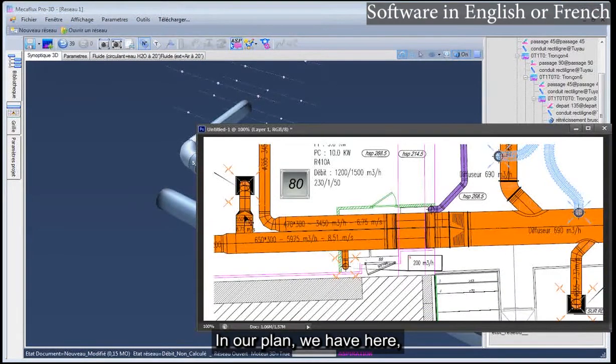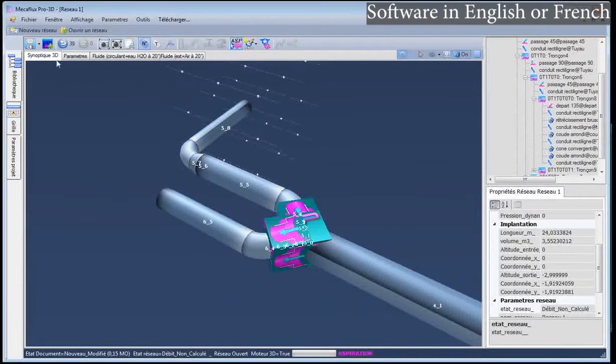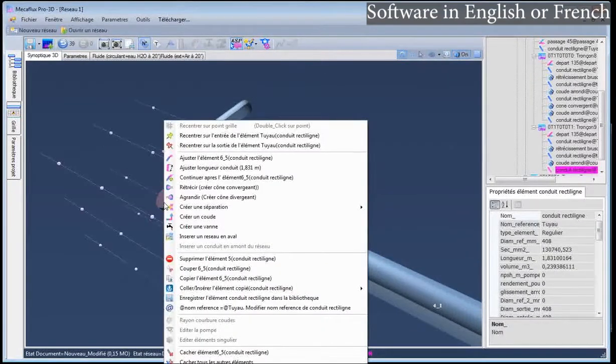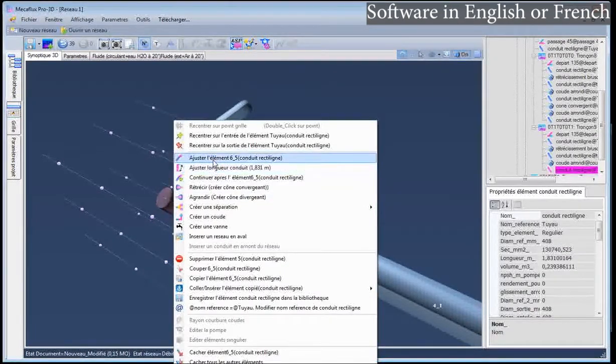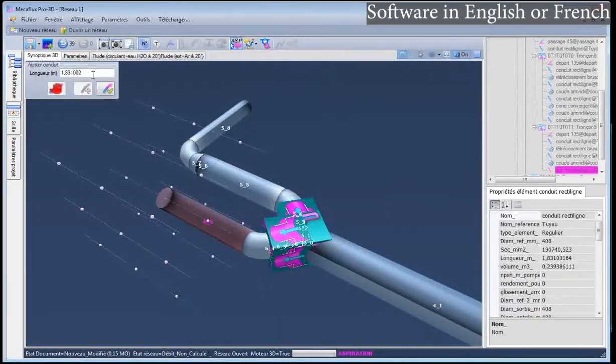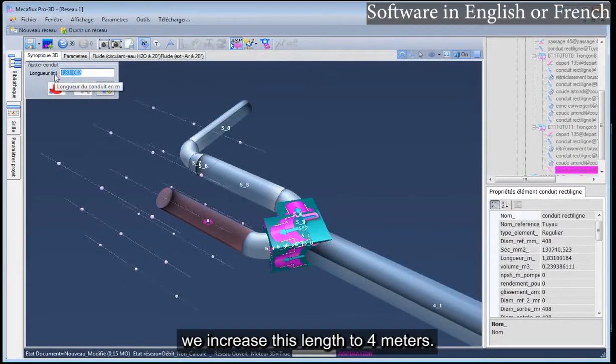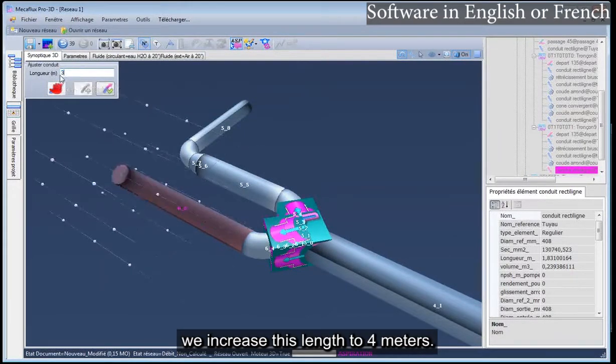In our plan, we have here a reduction to 550 by 200. We increase this length to 4 meters.